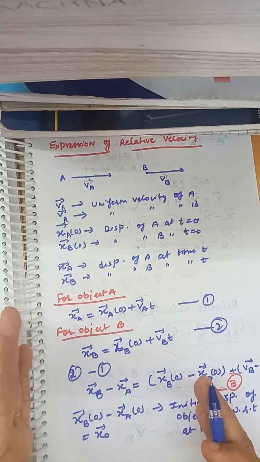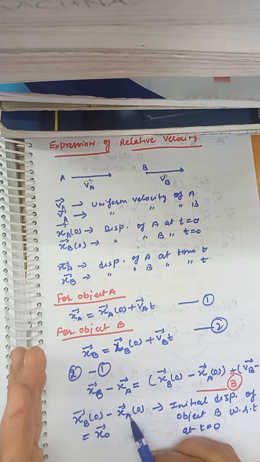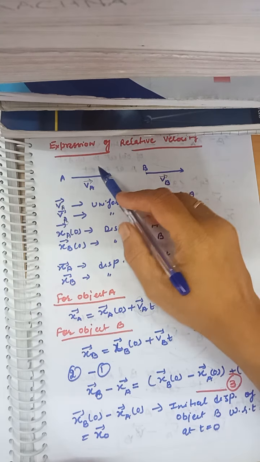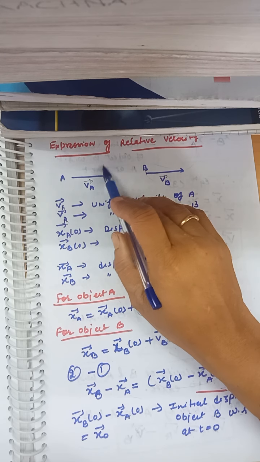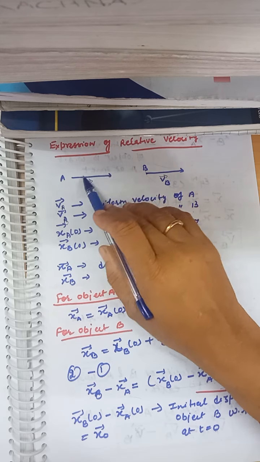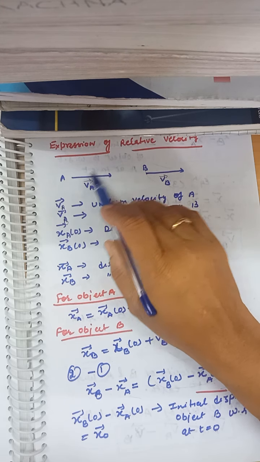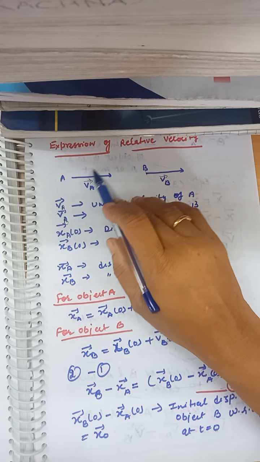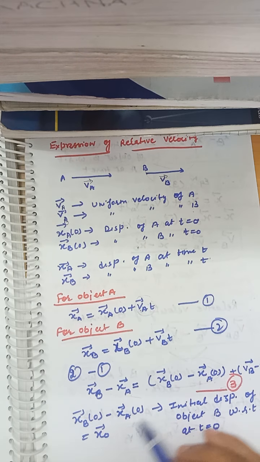कि जब दोनों स्टार्ट में चलना तो उनके बीच में इतना डिस्प्लेसमेंट था. मान लो ये अगर 2 किलोमीटर से स्टार्ट हुई चलना और ये 1 किलोमीटर से स्टार्ट हुई चलना, तो दोनों के बीच का डिस्प्लेसमेंट कितना हुआ? t इज इक्वल टू 0 पे 1 किलोमीटर. तो ये 1 किलोमीटर इनका इनिशियल डिस्प्लेसमेंट है.